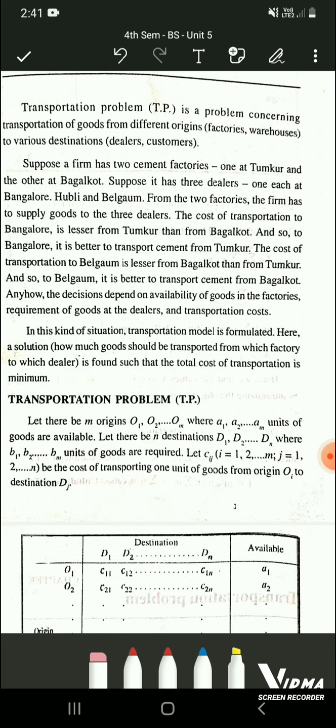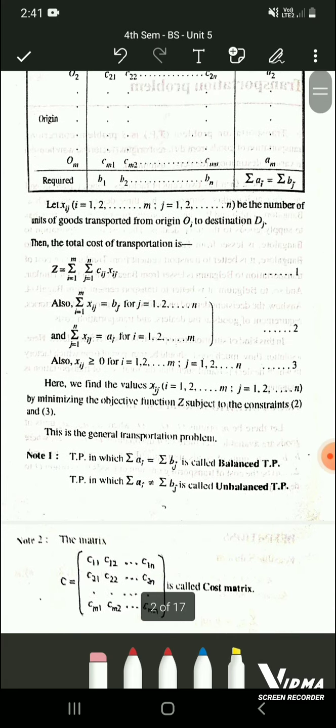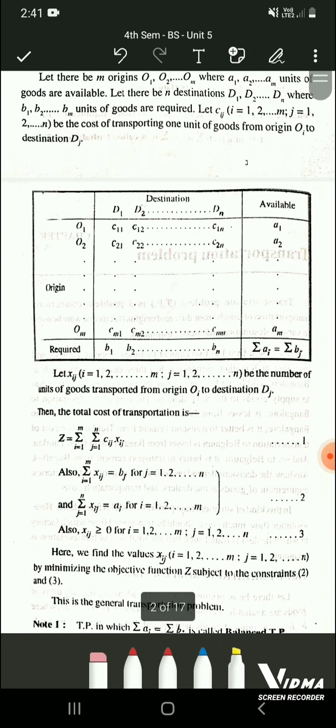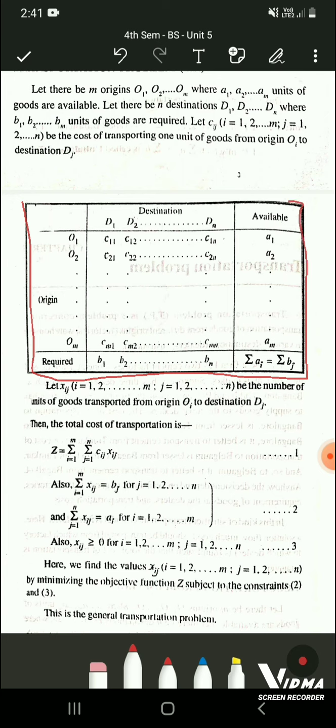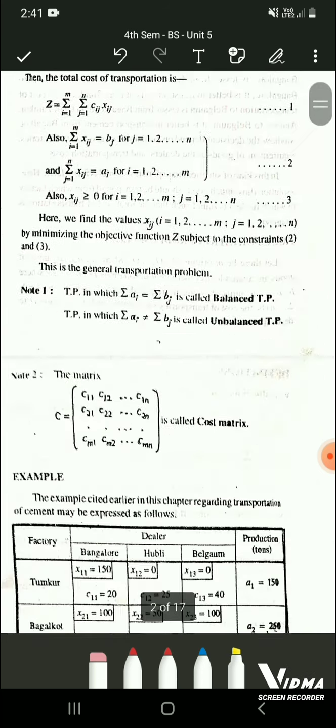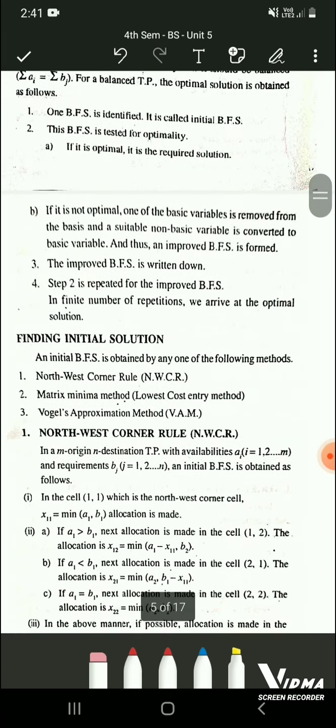The notes will be shared in the SharePoint. So in this chapter you have to remember the definitions. What is a formulated transportation problem? If they ask the question formulate a transportation problem, then the problem has to be formulated in this tabular form, and they might ask what are the steps involved in